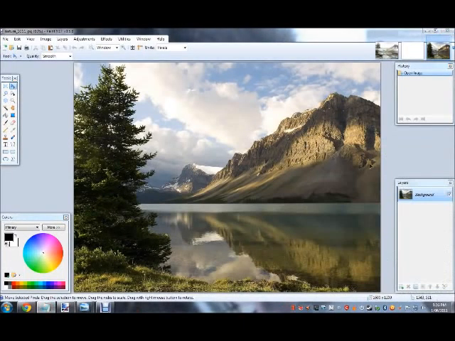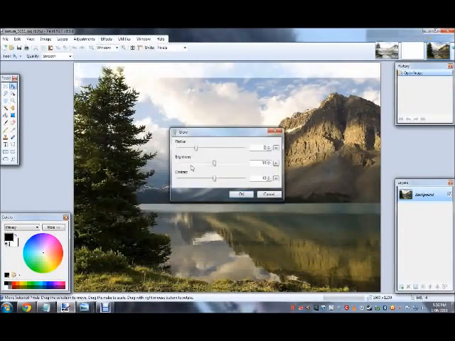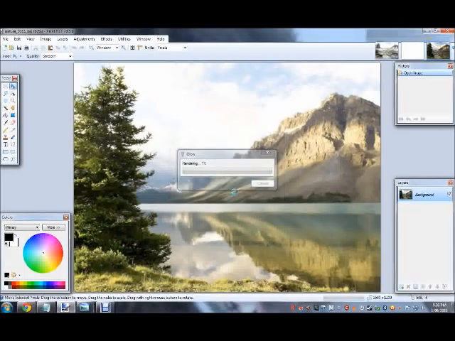And yeah, so first of all, what you want to do is go to Effects, Photo, and Glow. I'm just going to leave mine on the defaults, which is 6, 10, and 10. But whenever you're blurring or you're glowing, just muck around with it and don't completely copy me, otherwise you're not going to learn anything. Try and get your own little effect going on this. So yeah, once you've done that,